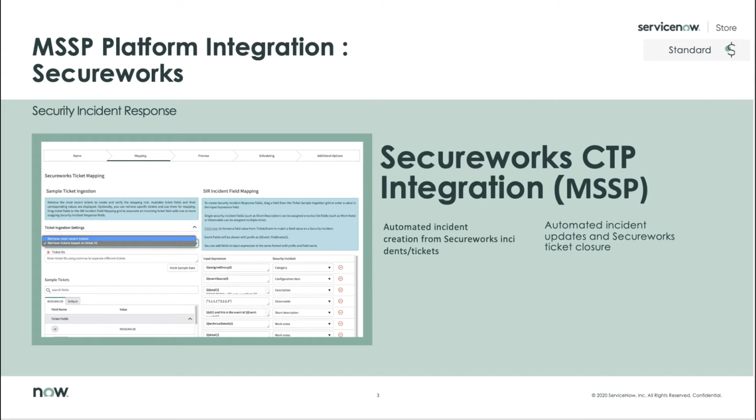Next, let's talk about our MSSP platform integration with Secureworks. Now, many managed security service providers, try saying that 5 times fast, or MSSPs, experience the challenge of syncing Secureworks comments with security incident response reports, or work notes, making it more difficult to map incident tickets and event fields. The new integration with Secureworks eliminates these challenges and allows MSSPs to ingest incidents from Secureworks and automate the process